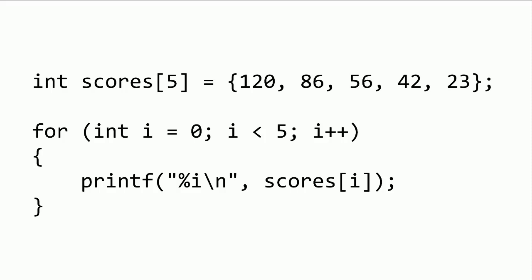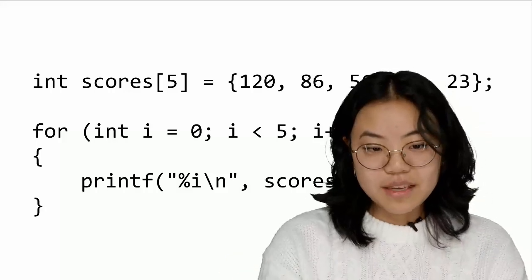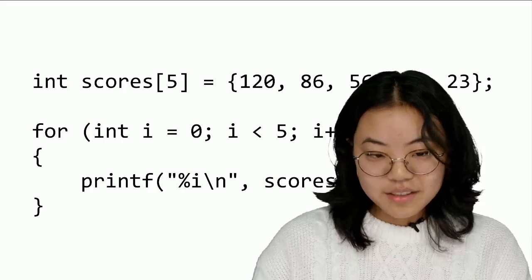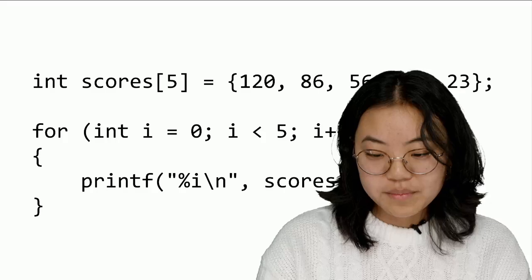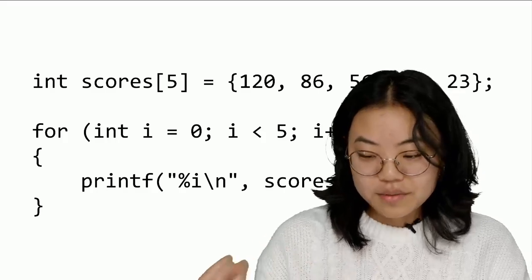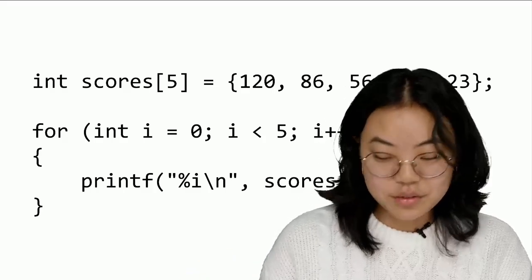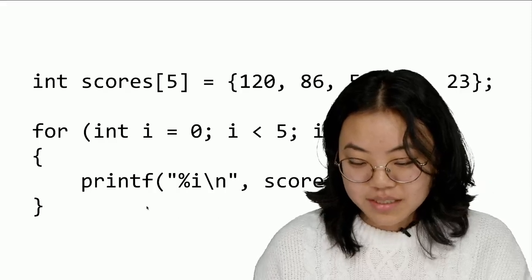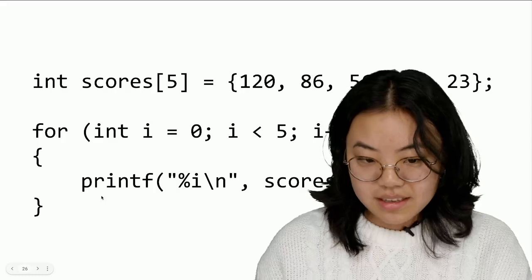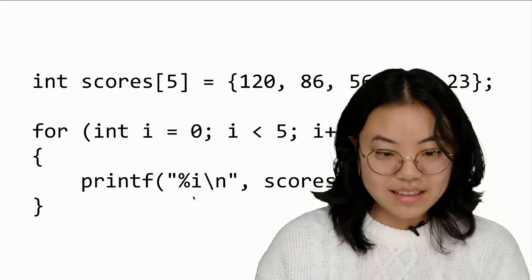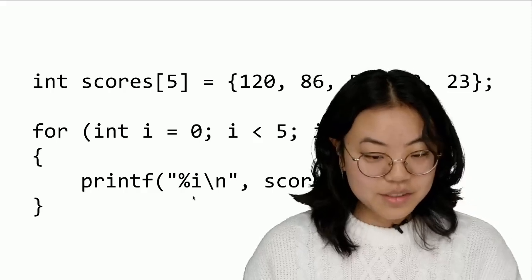Okay. If I have this array and I wanted to print them to the screen, so we're showing the leaderboard, we might have a for loop like so. So I've set up my array of scores like so, and then I've set up a for loop that starts at 0 and goes up to 5, which means it's going to repeat 5 times, which is the amount of scores we have. And then for each repetition, we're going to print the placeholder of an integer and have scores at